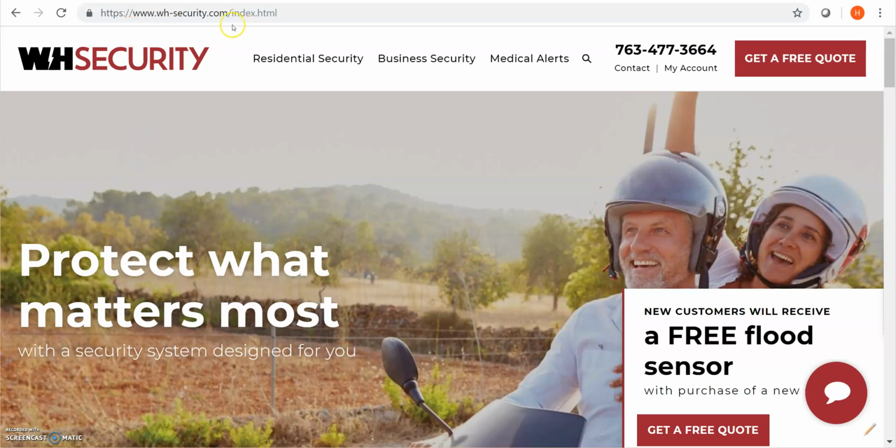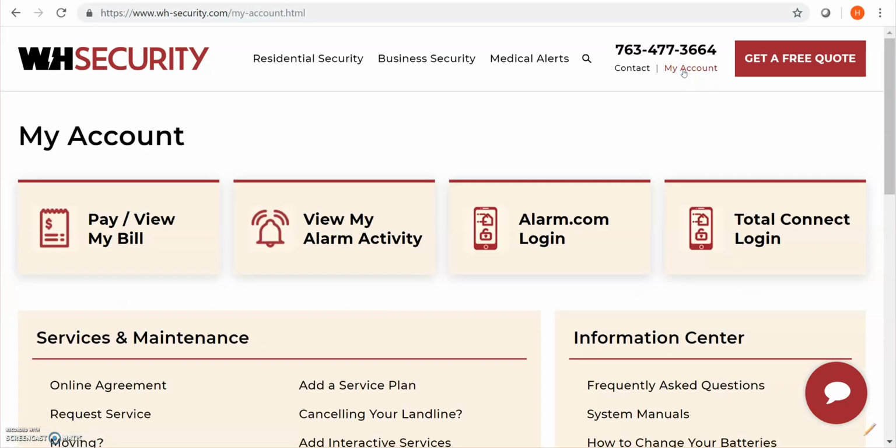So you will start by going to our website at wh-security.com. And you will click on the My Account button right here below our phone number. Once you're there, you will click on this Online Agreement button,